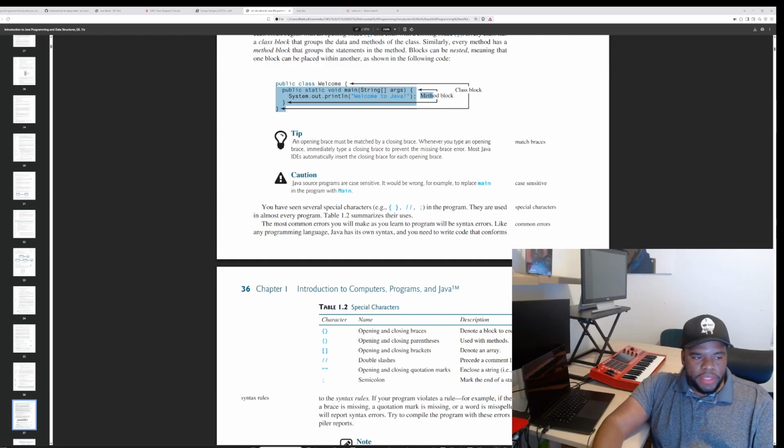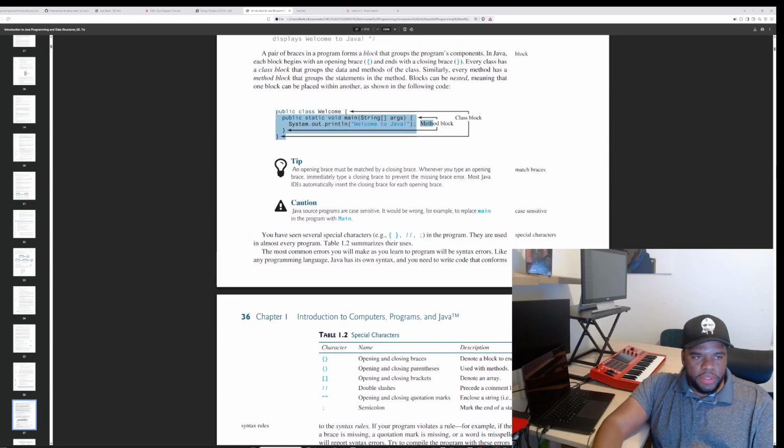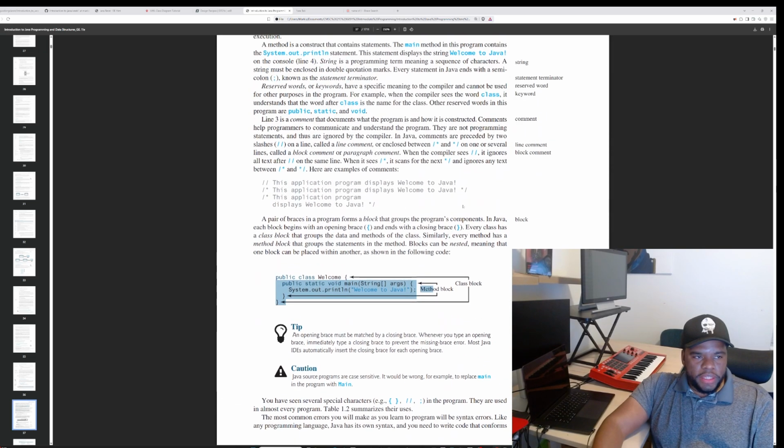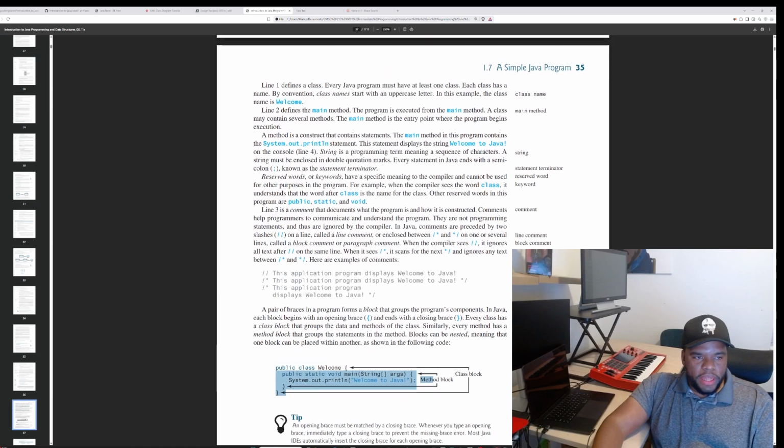You have seen several special characters, including the open and closed braces, the comment declarator, for lack of a better term, and the closing semicolons, which is technically called